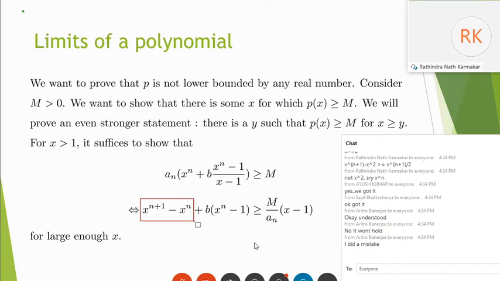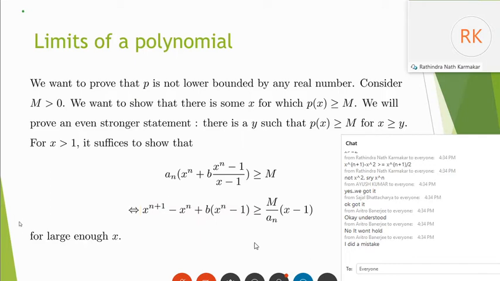We were trying to lower bound this whole expression, and it's a little bit difficult to deal with two powers together. So we are trying to reduce it to one power. We are lower bounding x^(n+1) minus x^n by x^(n+1) by 2 for sufficiently large x. So now, in order to prove this inequality,